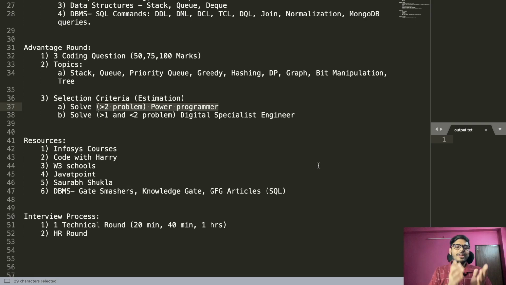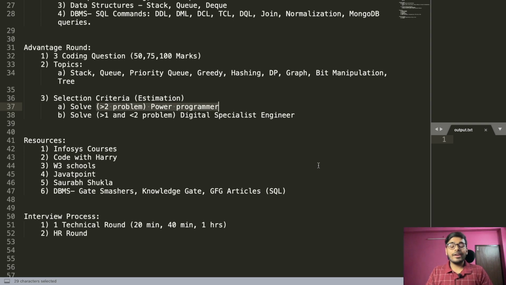Some channels like Code with Harry, w3schools.com, Java T Point, and Saurabh Shukla's YouTube playlist, you can refer to these for Java and Python. For DBMS also, Gate Smasher is good, right, for normalization and the theoretical part. Knowledge Gate is also good. I have studied from Gate Smasher, so it's your wish. You want to study from Gate Smasher or Knowledge Gate, it's your wish, but I have studied from Gate Smasher